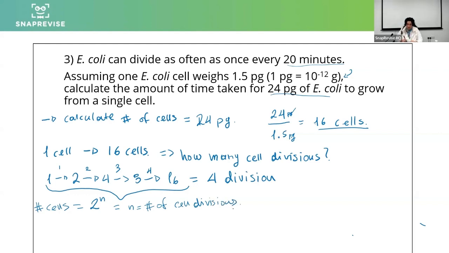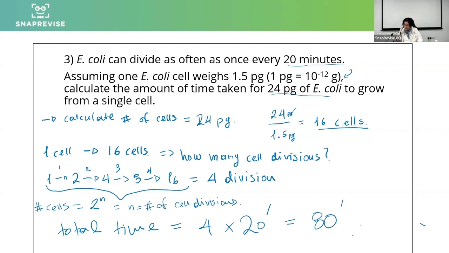So since I know that each cell division takes 20 minutes, and I know that to go from one cell to 16 cells, I need 4 cell divisions, then my total time taken is of course going to be 4 divisions times 20 minutes, which is 80 minutes. You can write minutes like that, or just write out minutes just to be sure. Okay,